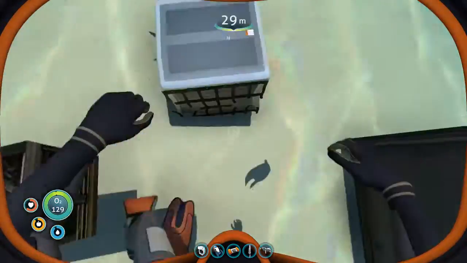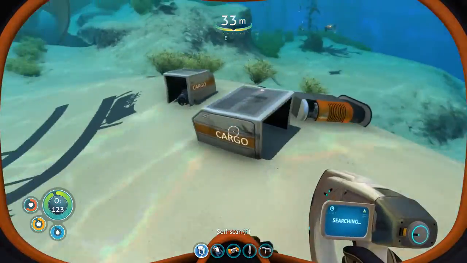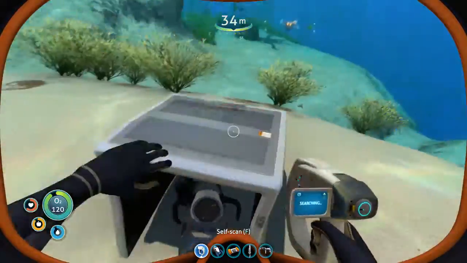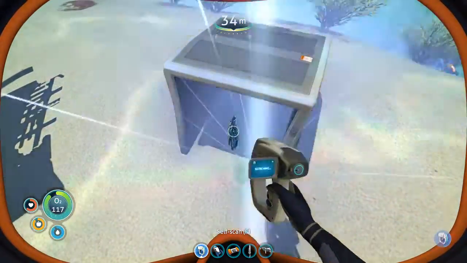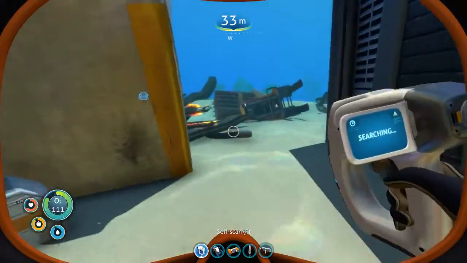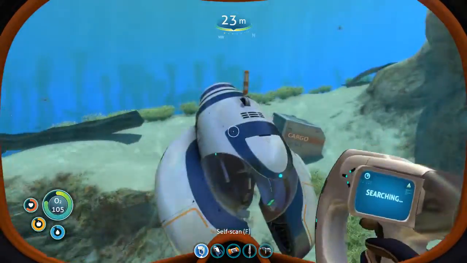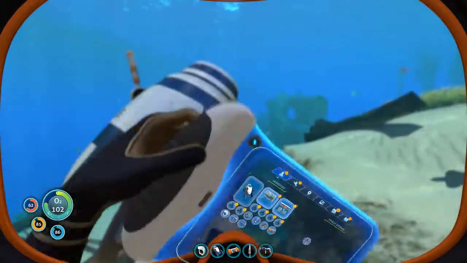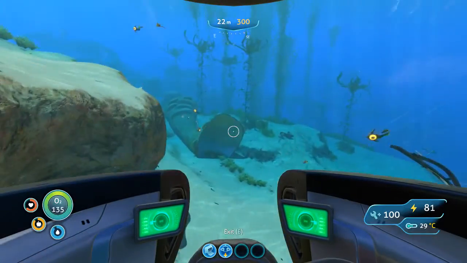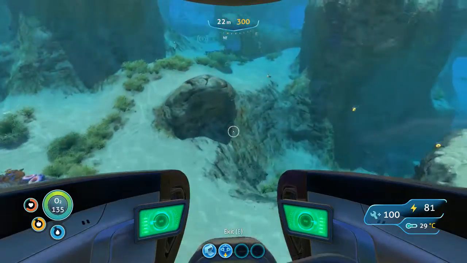I didn't actually know you could find sample analyzers and stuff like that. Thought that was only on the Aurora, but and a full analyzer and another sea glide fragment. Grab trap. So pretty much already got our cargo kind of filled up. That's fine. The reason is we haven't really gone this direction at all, so